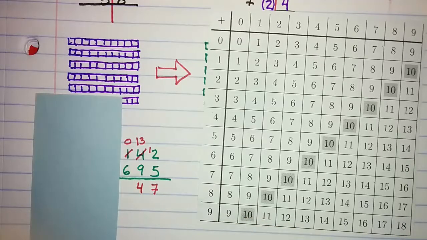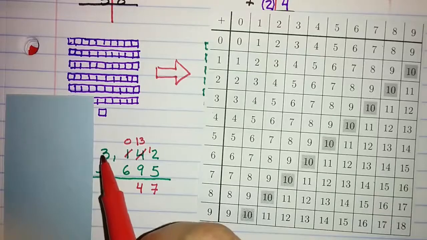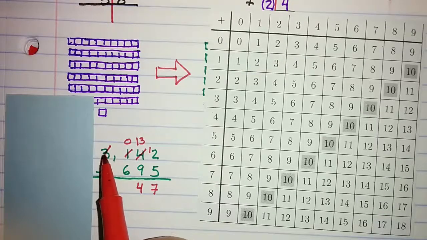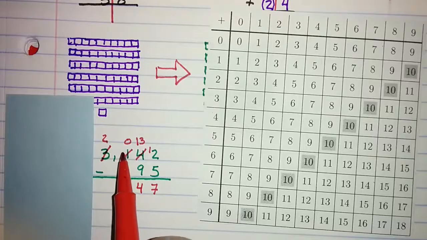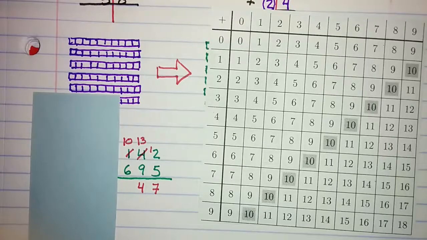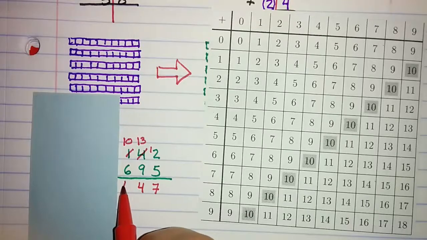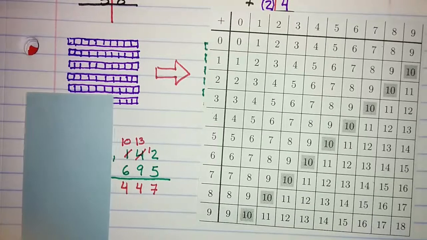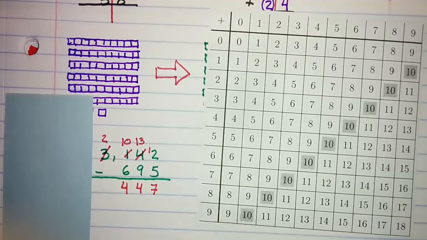0 minus 6, can't do that either, right? If I've got nothing, I can't give you 6 things. So I go over to the thousands place. I break up 1,000. Instead of 3 of them, I have 2 of them. And that gets me 10 extra hundreds, because 1,000 is 10 hundreds. Now I'm back to working in the hundreds place. 10 minus 6. 6 plus 4 is 10. So 10 minus 6 is 4. And now in the thousands place, 2 minus nothing, that's 2. My answer is